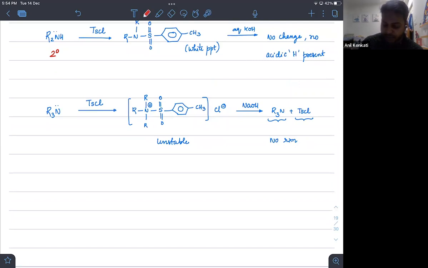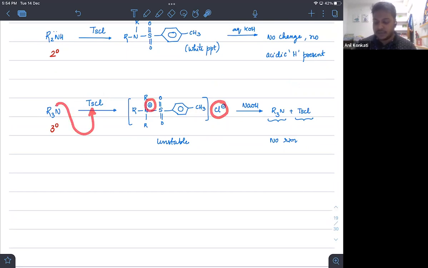And the 3 degree amine, if you look at it, with TsCl it will form something like a salt form, because the lone pair on nitrogen will attack here and it will have a plus charge here with Cl minus. So it is like a salt form which is soluble, correct? And if you add NaOH, there is no reaction happening here. Got it? Hence, we will have both of them in solution form only and there is no precipitate forming, then that is a 3 degree amine.